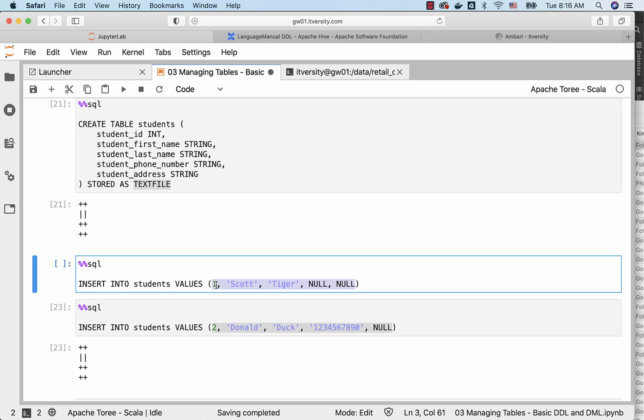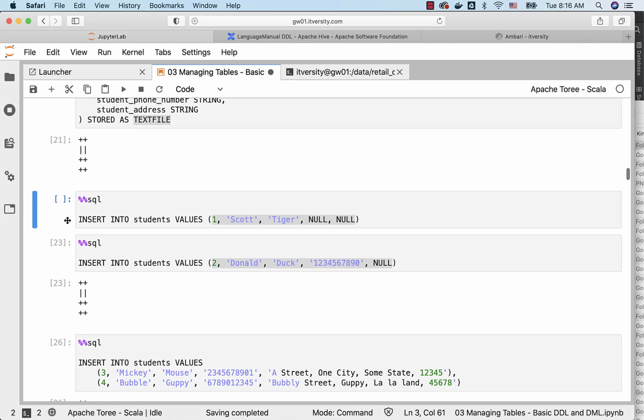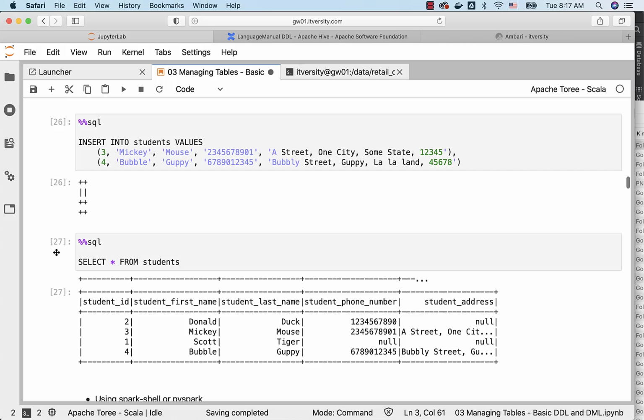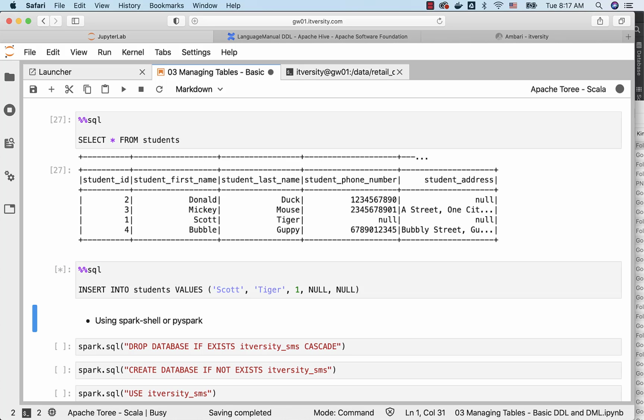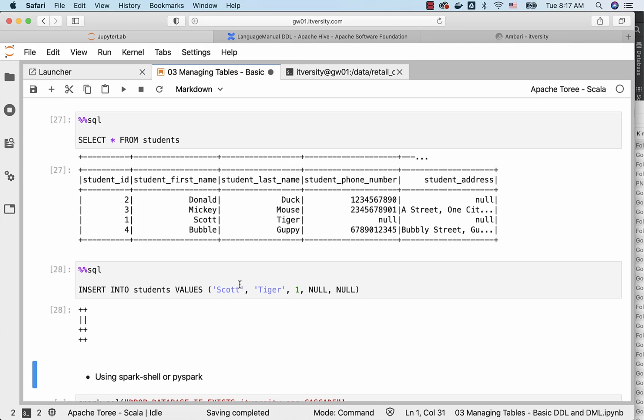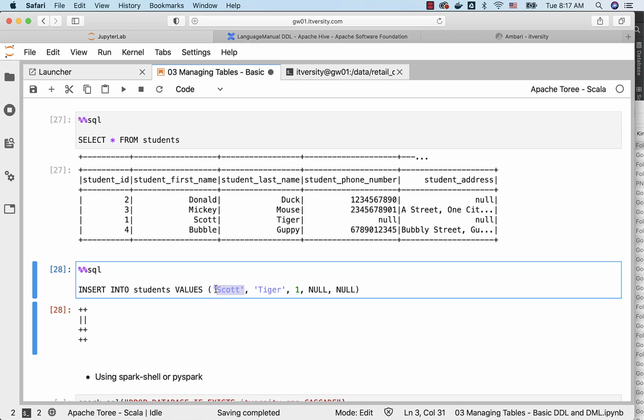If you change the order of these things, let's copy this and let me paste it here, and let me try to change the order of these things like this, and let me run it. So in this case, the table is expecting the first column to be of type integer, the second column to be of type string, the third column to be of type string, even fourth and fifth should be of type string. However, we try to insert with string, integer, string or null, right? But still the insert went through. Now if I run this select star from students command,